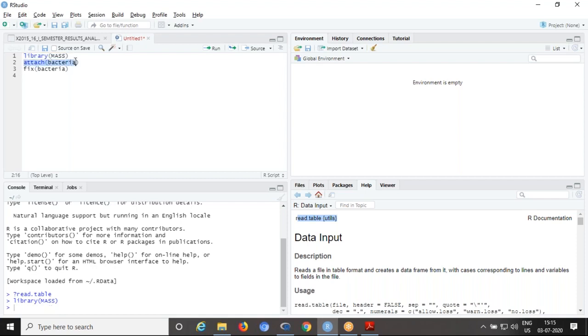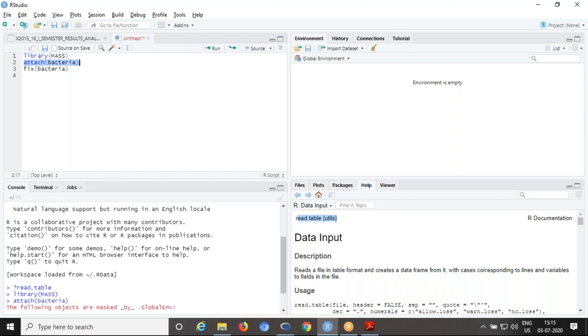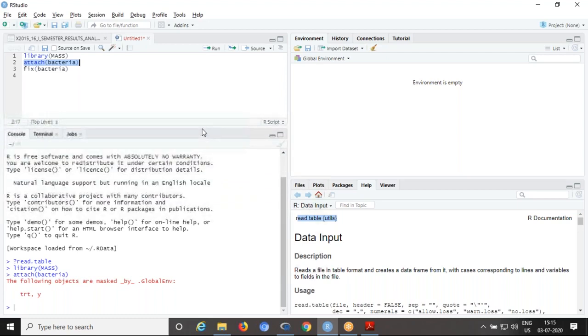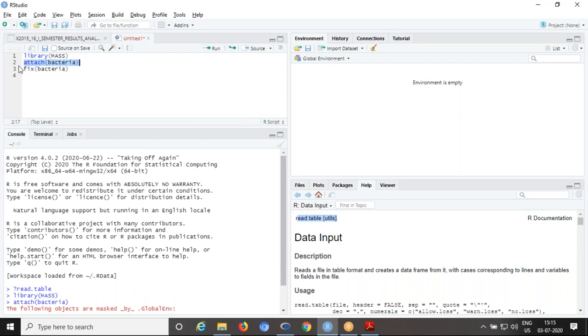Then the second one, select this one, attach, then click on run. See, it shows some description: the following objects are masked by so and so. If you want to see what it shows, you can drag the window. Then the third one,